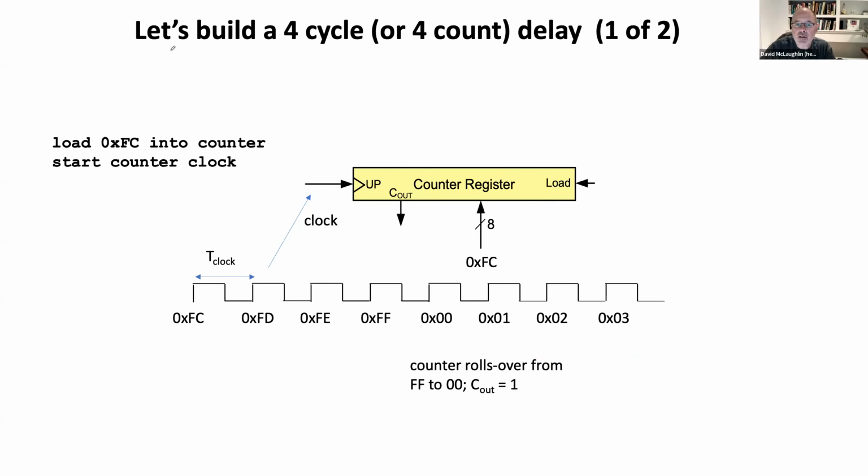So here, let's start out just building a 4-cycle or a 4-count delay. So all I want to do is count for 4 clock cycles. And then we'll turn this into a square wave. We know how to make a square wave that'll count 4 cycles or 256. Well, we actually know how to make one that'll count anything in between. But let's just look at how we would, if we only wanted to count 4 clock cycles, we'd start out by loading